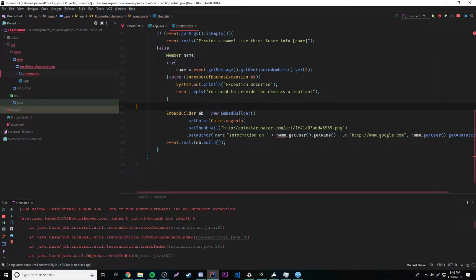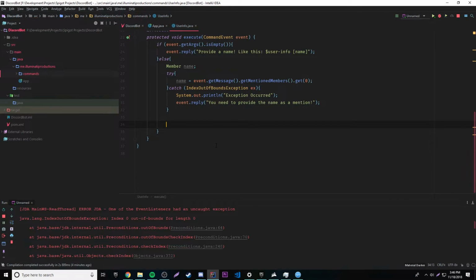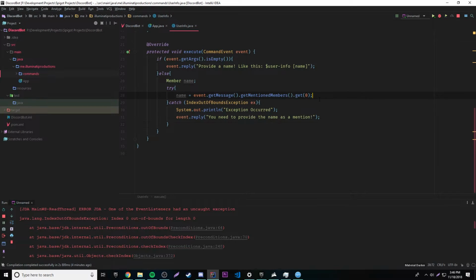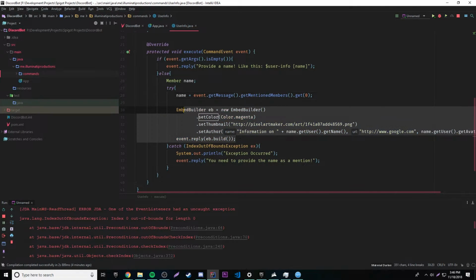But we can't exactly run this because we still haven't set the name of the user, because the exception happened, okay? So as you can see, a problem could happen here. Hopefully I explained that good enough. So what we really want to do is move this inside of here so that this code here, the real code of our program, is only run if the name is successfully set, because if they didn't provide the name correctly,